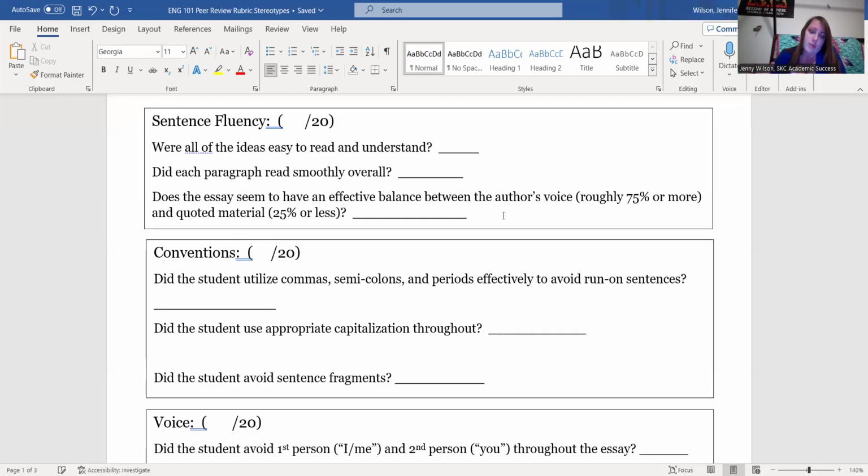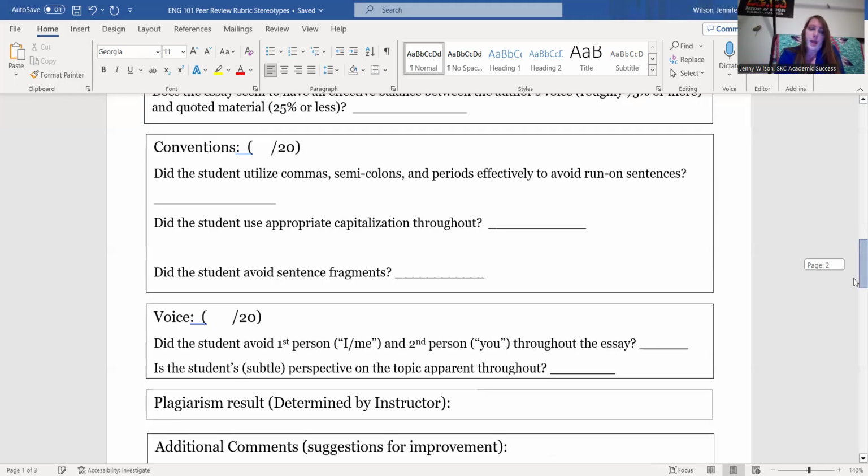Unless a majority of what's being said is your own original words, but then you did reference sources here and there, okay? So it's not that I take a fine-tooth comb and measure this per se, but in general, when I see quoted material coming into a paragraph, I should still be able to feel that the majority of that paragraph is the student's own voice. Or even if you do have one or two paragraphs where there's a really big long quote that you think is important and you need that big long quote to be there, you've still got other paragraphs surrounding it where you were talking about the meaning of that quote and why it's important, why it's relevant to your main ideas, etc.